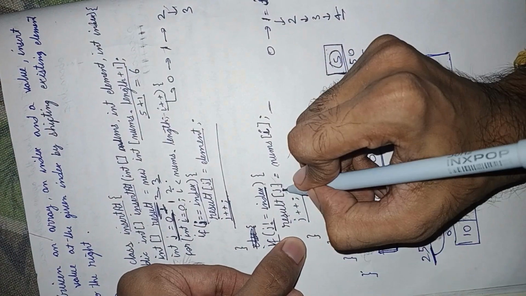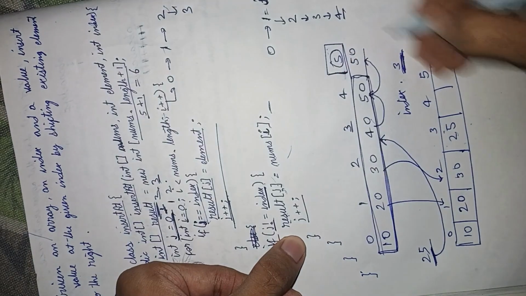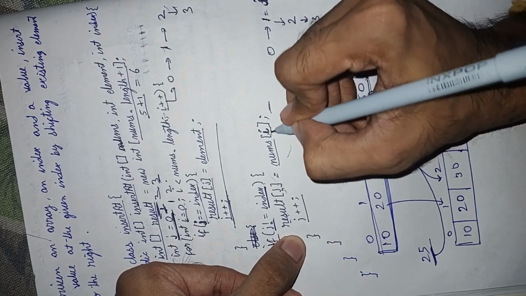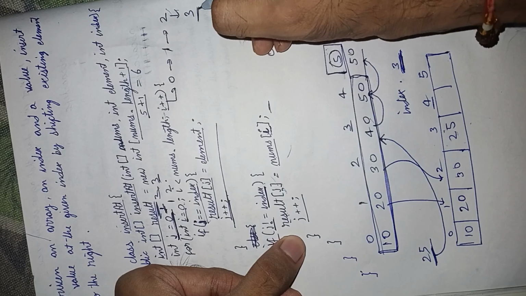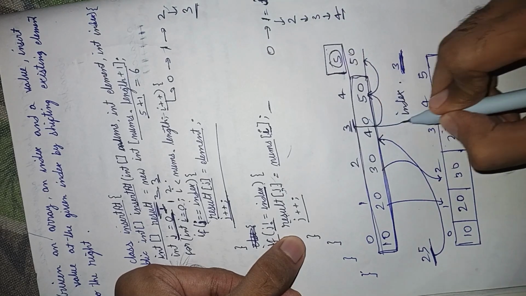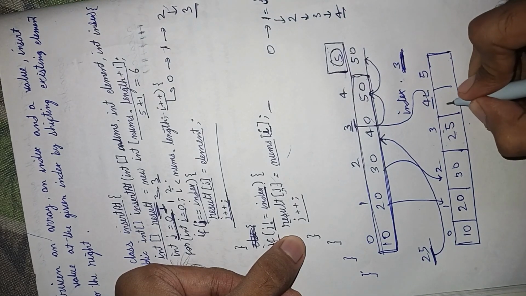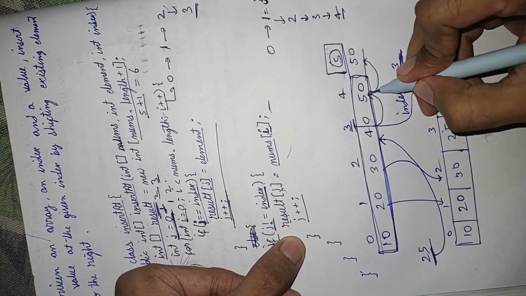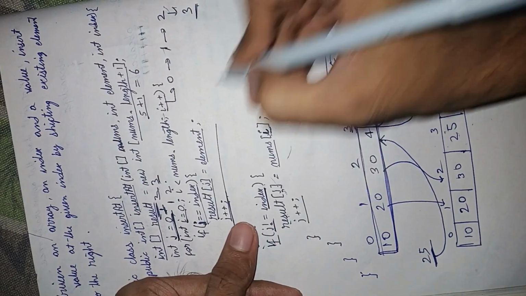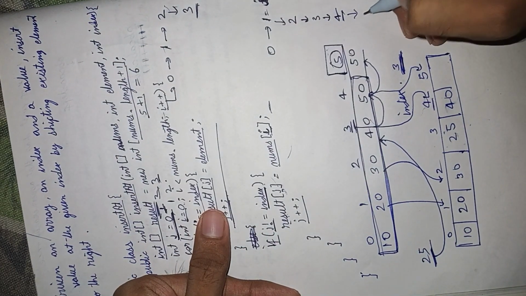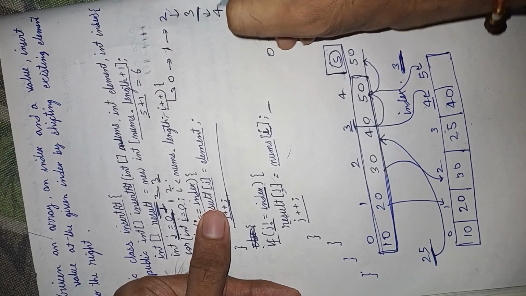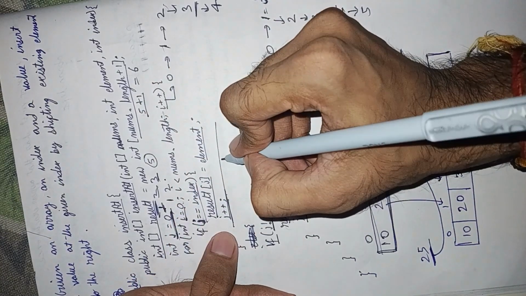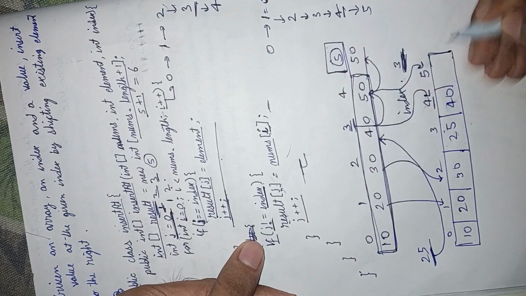So result at the 4th index will have the value of nums at index i. Nums i is still at 3, means the third will be transferred to the 4th. 40 will be here. And with the same logic it will become 5 and it will become 4. Now 5 is not equal to 3. So this one will execute again and